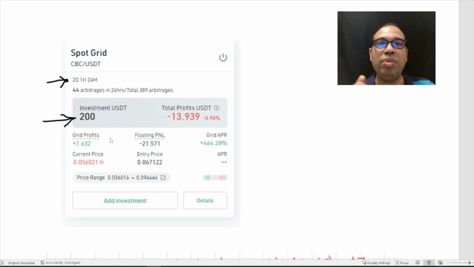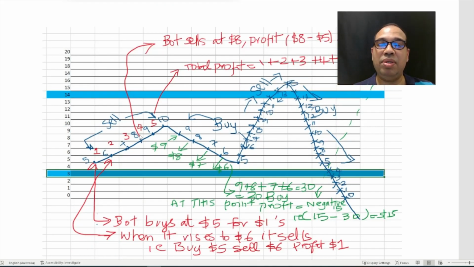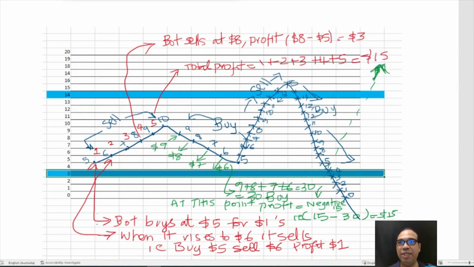I'm going to run a simple example to explain to you how it actually works. This is my example. Please don't get worried looking at this chart, thinking why is this so complicated? There's nothing complicated about it. It simply means whatever coin or token you bought, this is $1, this is $2, $3, $4, $5. Likewise, it goes up to $20. Okay, so you bought this coin at $5.